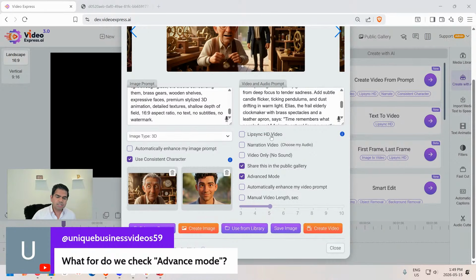That option is there for automation purposes to simplify it for you. You see where it says time remembers what people forget or whatever. If that was the speech, it will automatically do it based upon the prompt here. It understands all this better. But the only thing is when you do advanced mode like this, please uncheck the automatically enhanced video prompt because your prompt is really good. So anyway,